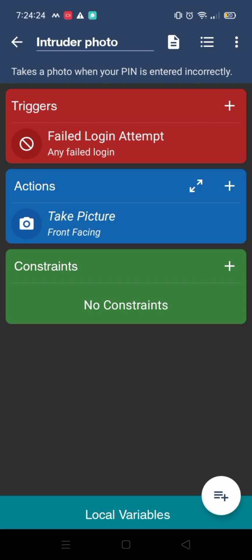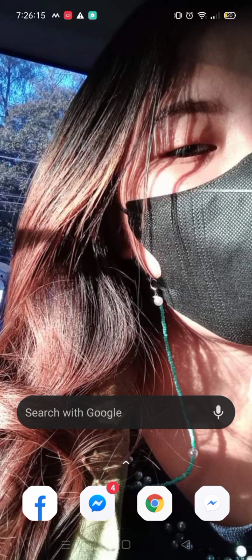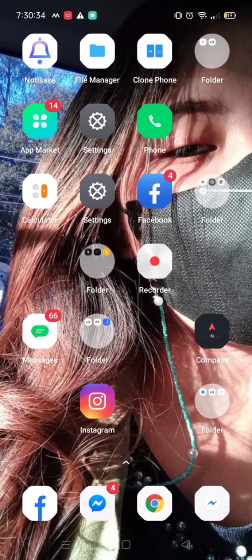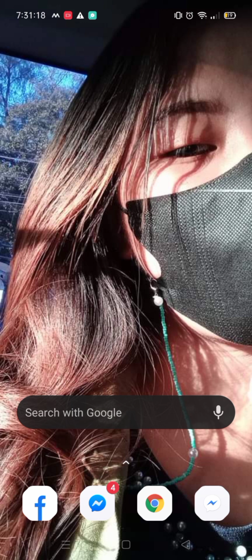And you're done. So for the result, I will going to lock my phone and I will try to open it using a wrong password so that we can see if this gonna work or not. Okay. So while my phone is locked, the screen recording is not able to run in the background. So hindi nyo makikita na nag-lock ako ng phone, and I'll try to put a wrong password. Kasi nga, hindi siya nag-run background while naka-lock yung phone ko kanina pag off. So let's check if